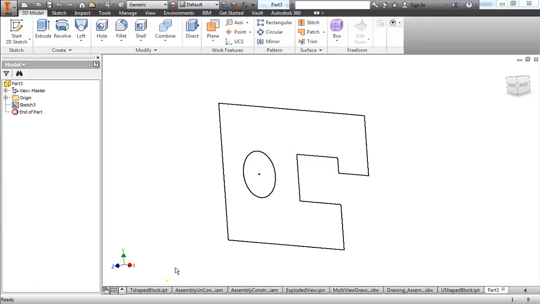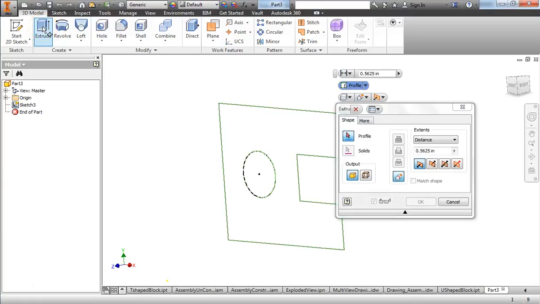This video will explore the tool Extrude, or extrusions, real quick. So here I have a simple sketch made, just to have a profile to use, and I'm going to choose the Extrude tool. Once I've chosen the Extrude tool, Inventor has this icon highlighted and it's asking me to select a profile, and